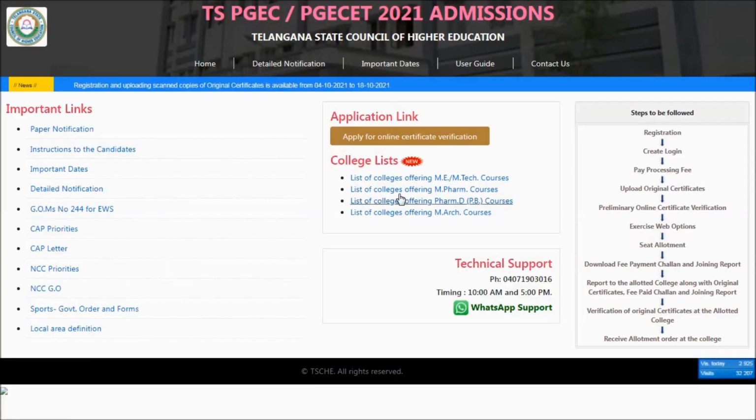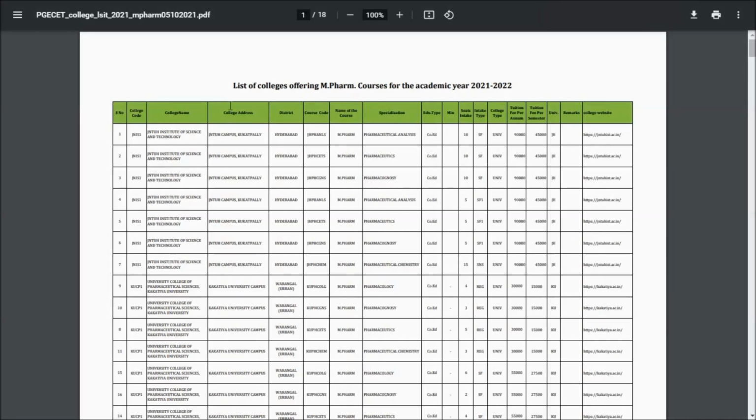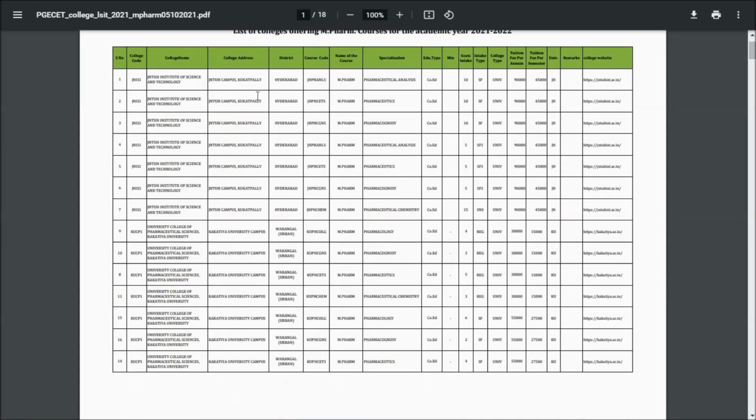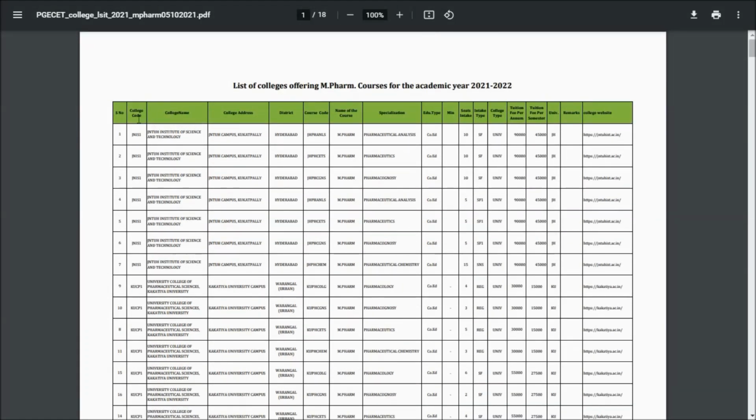So next we will see the list of colleges offering MPharm courses. This is the list of colleges offering MPharm courses for the academic year 2021 and 2022. You can see the college name, same as MTech, MPharm, how they have mentioned all the things. Likewise the same for MPharm courses also. So serial number, college code, college name, college address, district and course code, then name of the course MPharm, then specialization: pharmaceutical analysis, pharmaceutics.